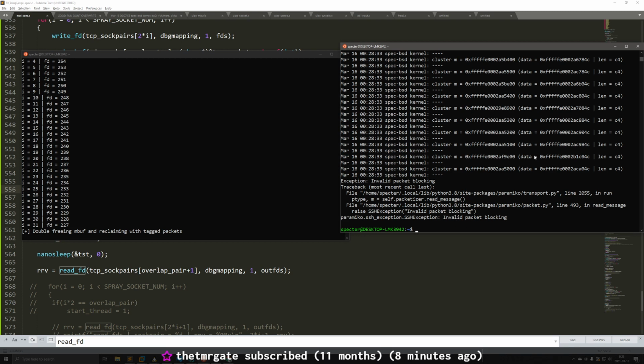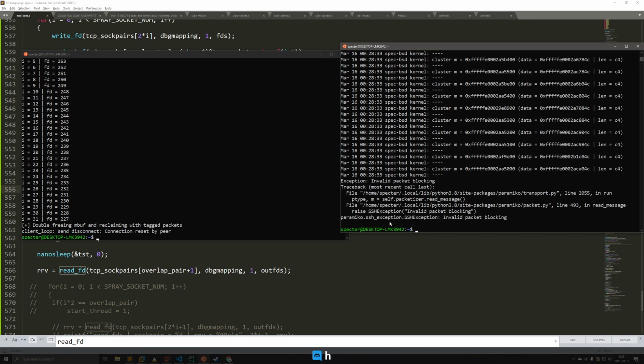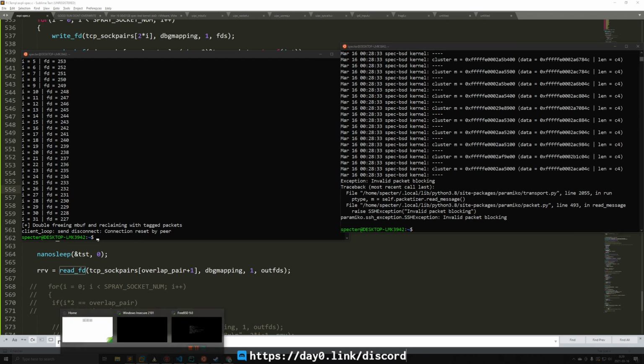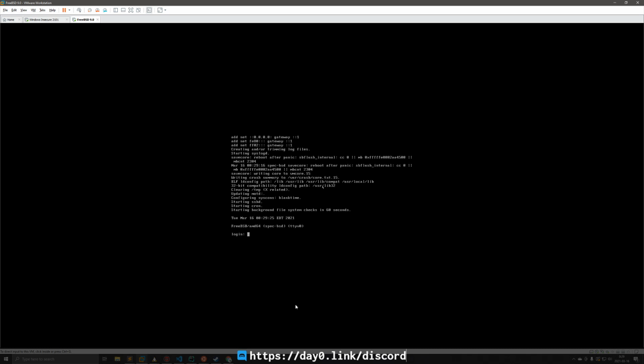Because I'm SSH'd in to exfiltrate the kernel logs, sometimes the exploit messes that up, so it breaks the SSH connection and then it blows everything up. This should hopefully not be a problem on PS4 because there's not a lot of data going over an active connection, I don't think. Or at least not as much. So this should be less likely to occur, but that's a side effect of debugging.